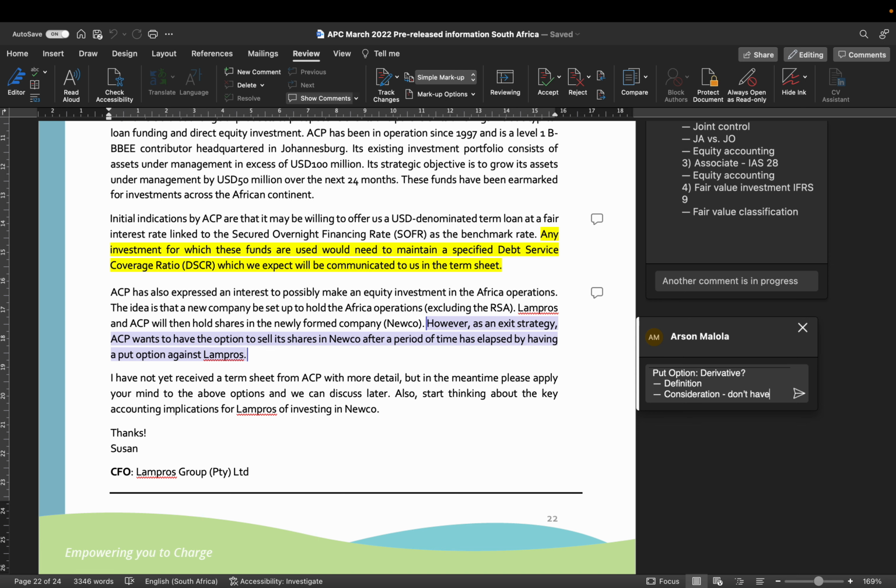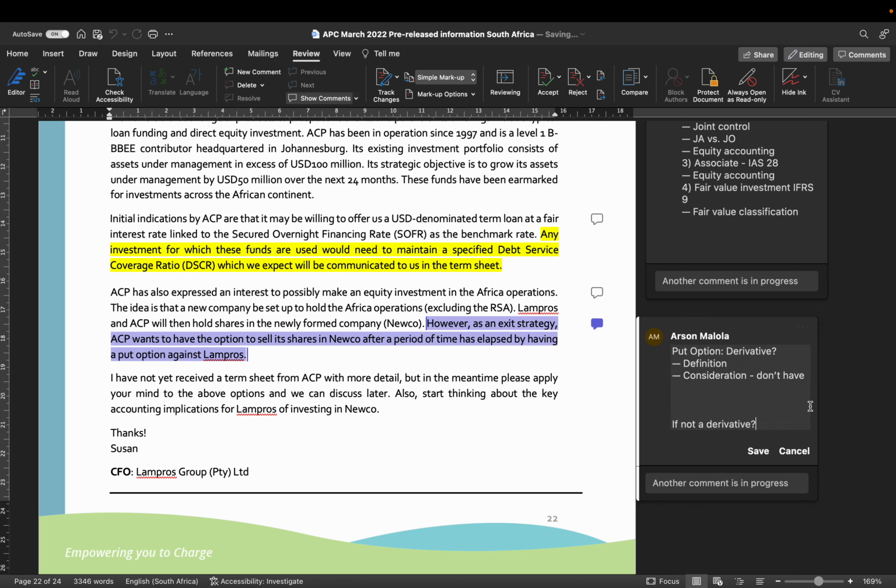If it is large, we will not meet the definition of a derivative. Then we need to figure out what type of instrument this is. I'm just going to put the comment here so I remember to come back to it. And then also, what is small? What is considered small? This is that element of "little".